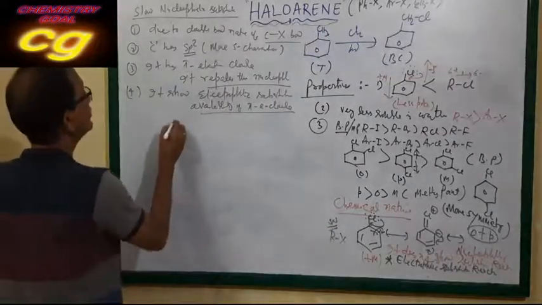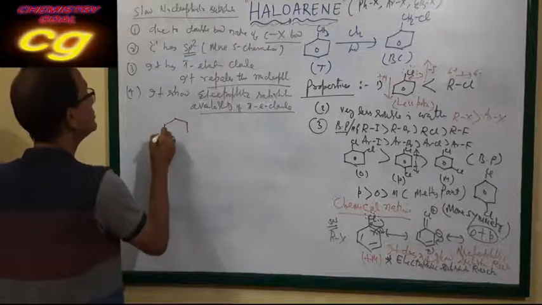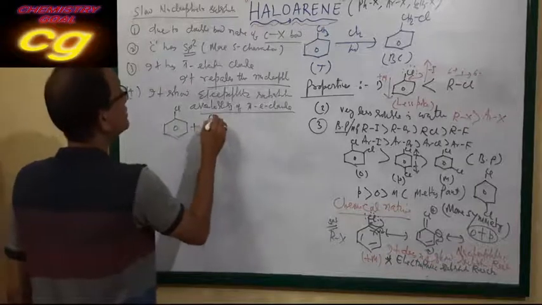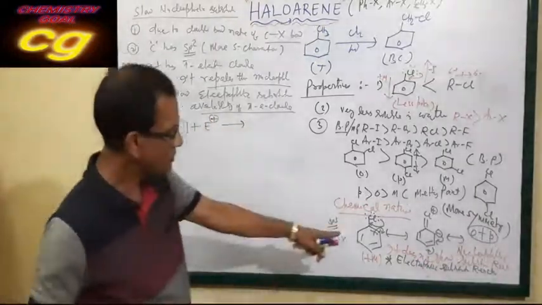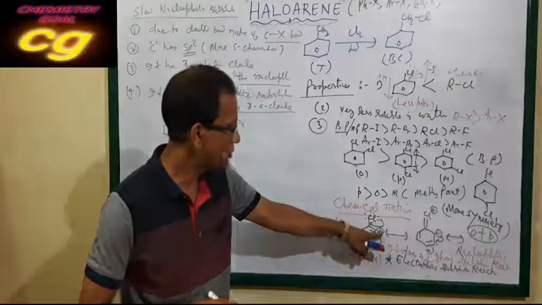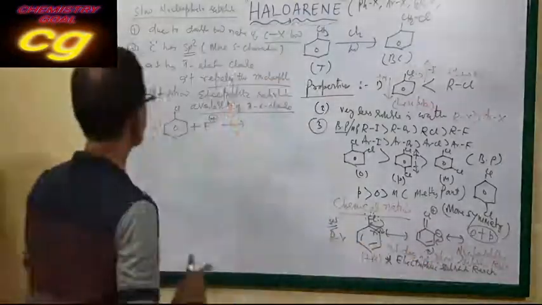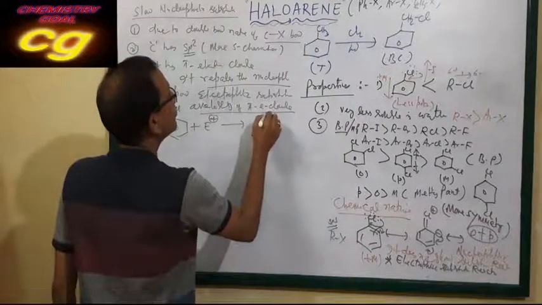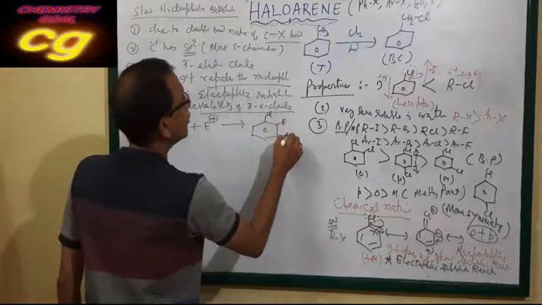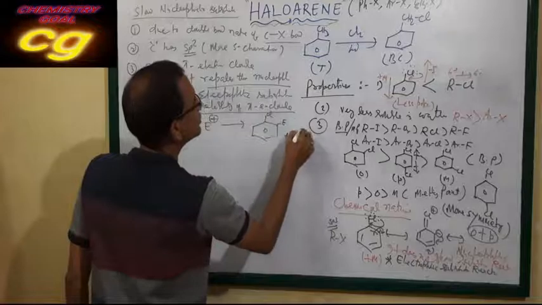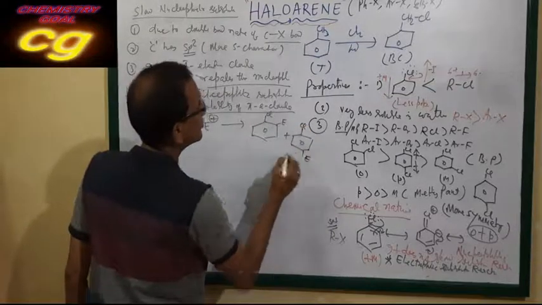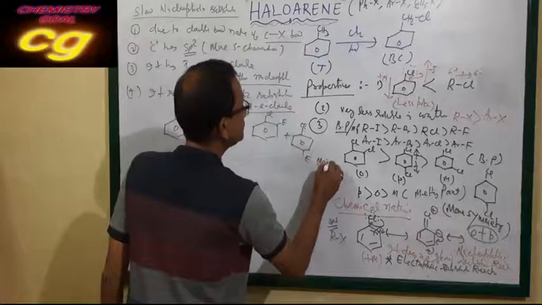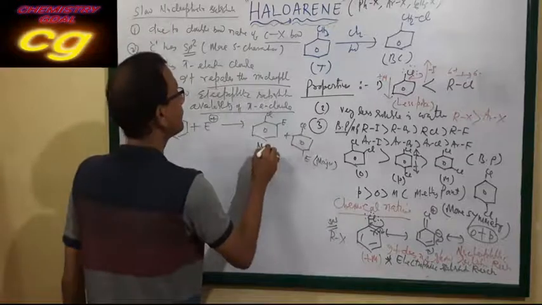So generally, if you take chlorobenzene, the normal structure of chlorobenzene, and attack an electrophile which carries a positive charge, which is electron deficient. We already discussed the resonance structure: the ortho position and para position get more negative charge, so the electrophile attacks chlorobenzene or haloarene at the ortho or para position. These are the two positions attacked by the electrophile, but the para position is more stable. It is the major product, and the other is the minor.